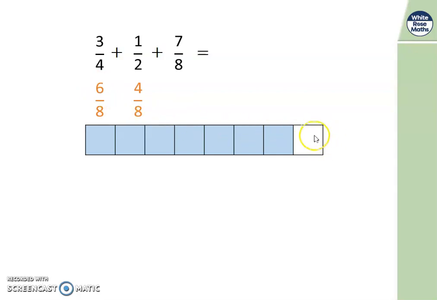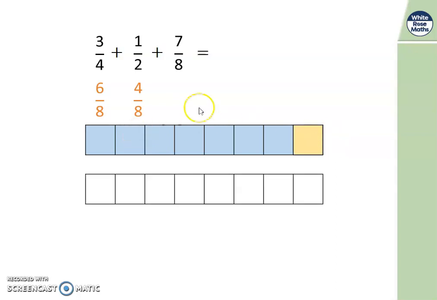Now you can see with 1 more 8 that will make 1 whole bar. So I need to draw a new bar. And I need to keep shading. So I've shaded 1 piece. And now I need another 5 shaded in. So I've added 7/8 in blue, 6/8 in the orange,